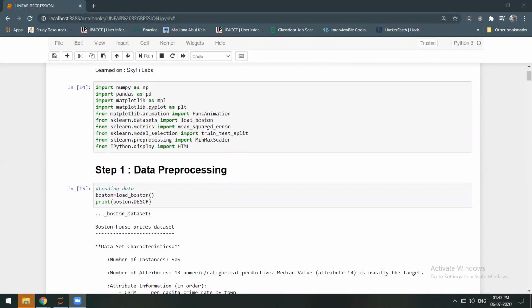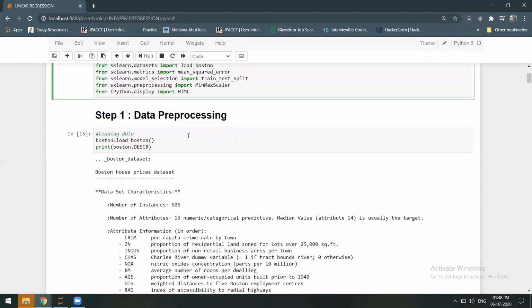Also, we need to train and test the data, so we have split the training and testing data using sklearn.model_selection, importing train_test_split. And for pre-processing or normalization, we use the sklearn.preprocessing library and imported MinMaxScaler. We imported HTML from IPython.display.